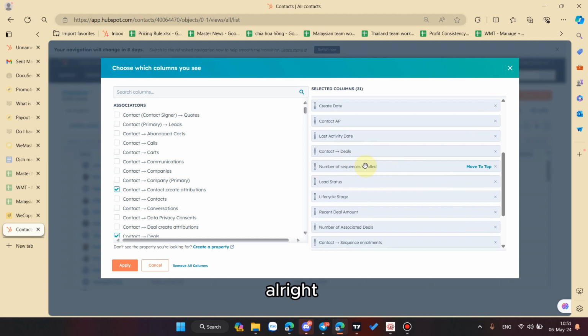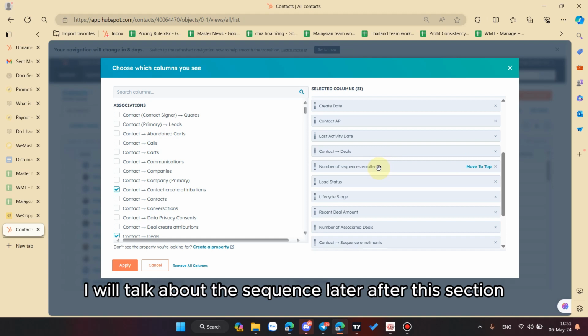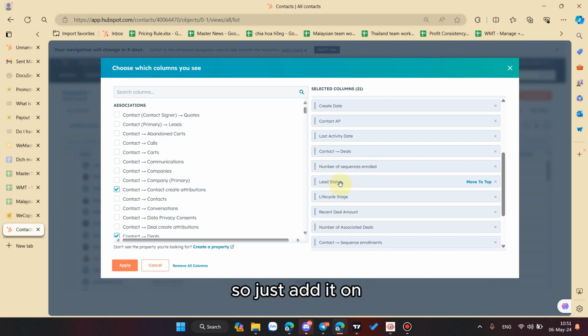Number of sevens enrolled. I will talk about the sevens later after this section, so just add it on. Lead status and lifecycle stage is where, as I just mentioned, you need to label the contact.